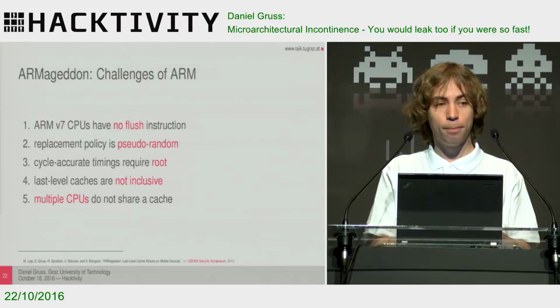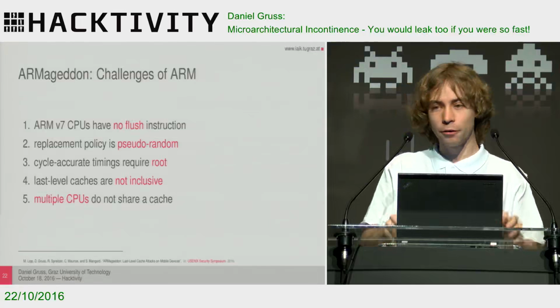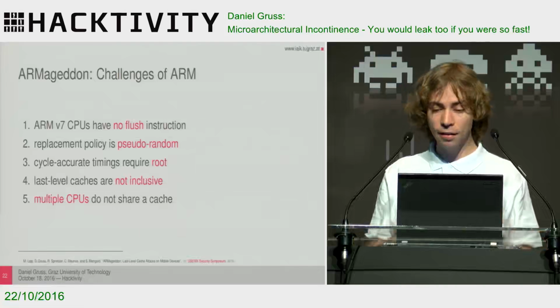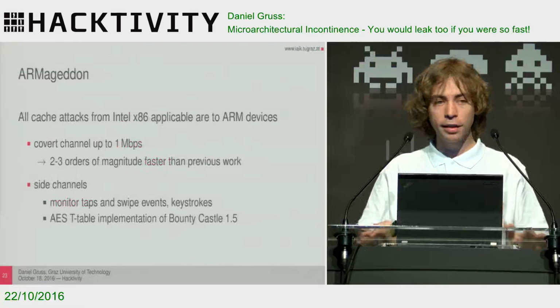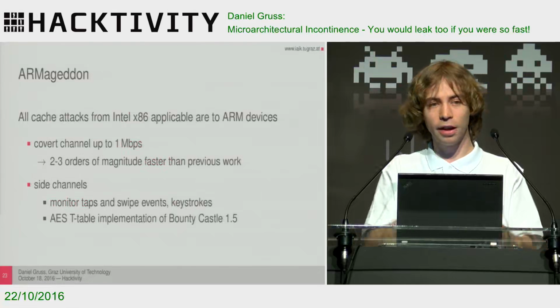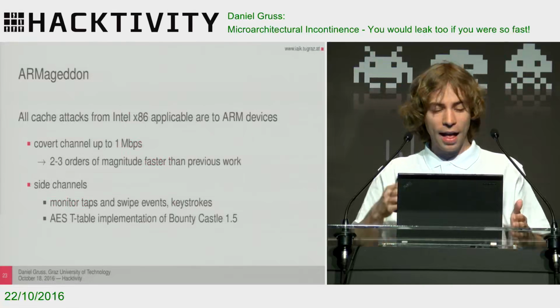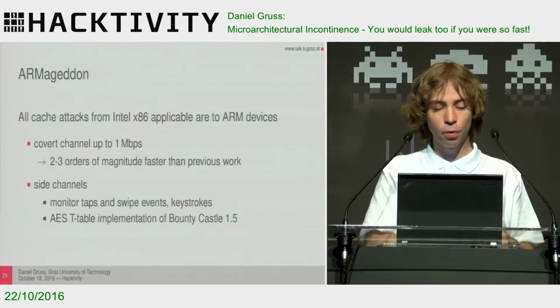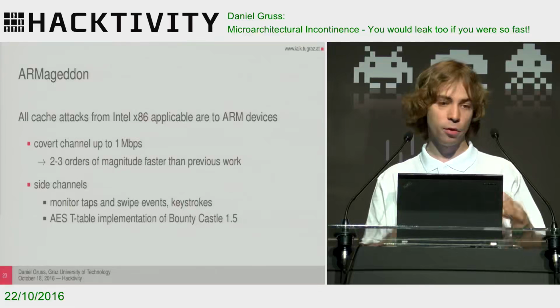And also, you can have multiple CPUs. On modern smartphones, you have multiple CPUs that have separate caches. And still, we were able to implement all these attacks because caches are coherent. They will try to be coherent, and they are. And that's why we can still perform these attacks, even cross CPUs, and we can build covert channels with up to a megabit of